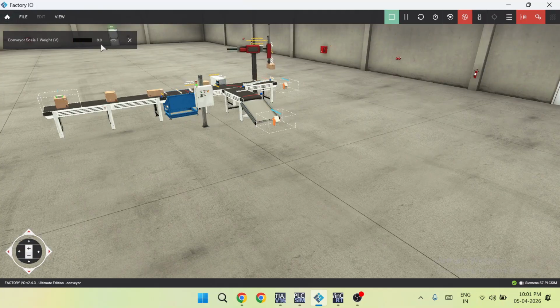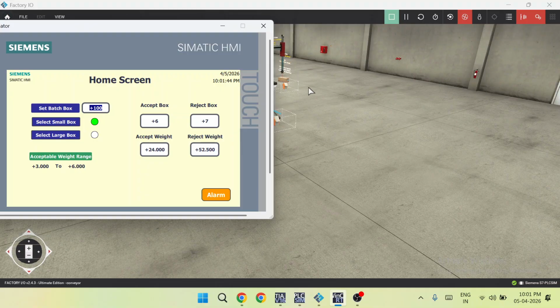Here the weight of the box will be available, and from the HMI,